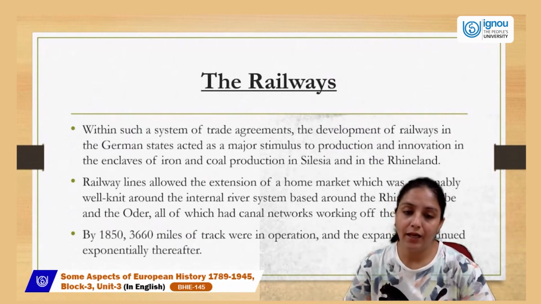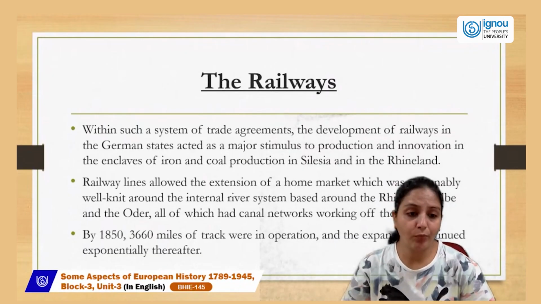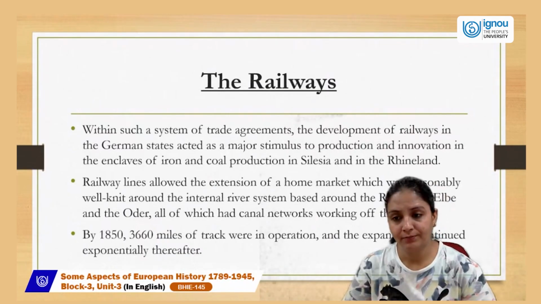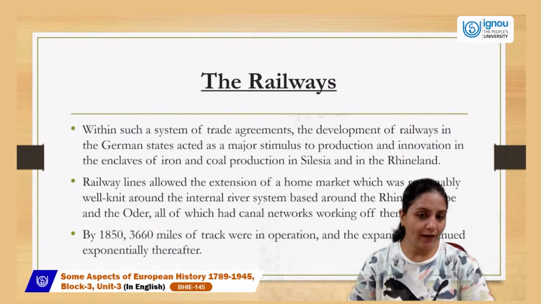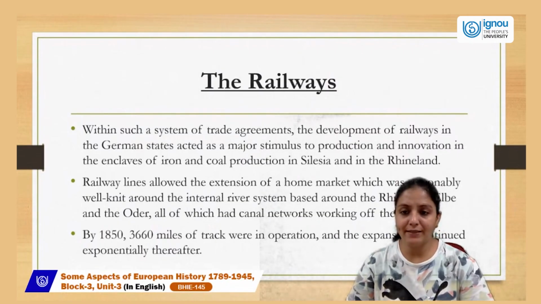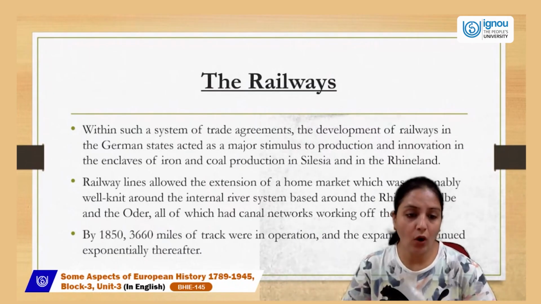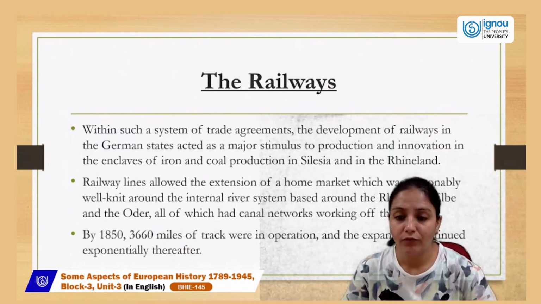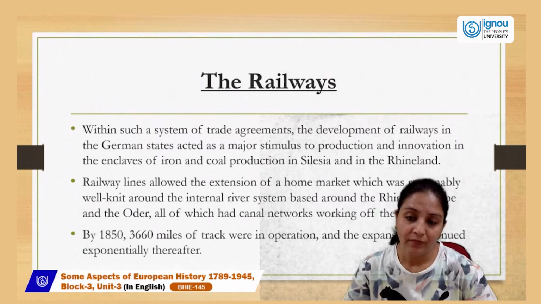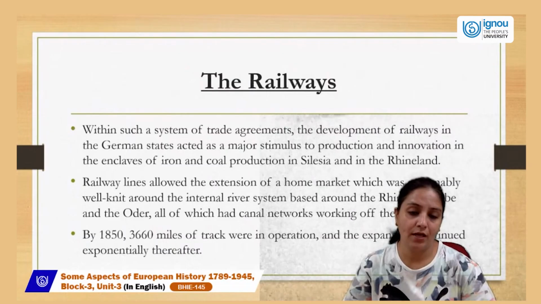That means they were developing themselves in the home market, which was reasonably well knit around the internal river system. They were knitted, meaning they were combined, railway lines and the river system. They were based around the Rhine, the Elbe, and the Oder, all of which had canal networks working off them. Rhine and Danube were the most important rivers for the